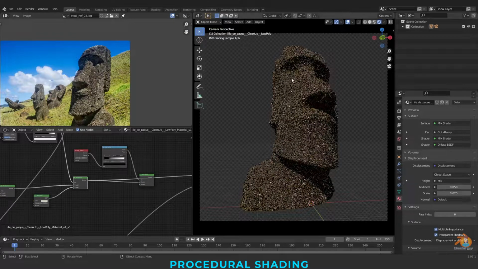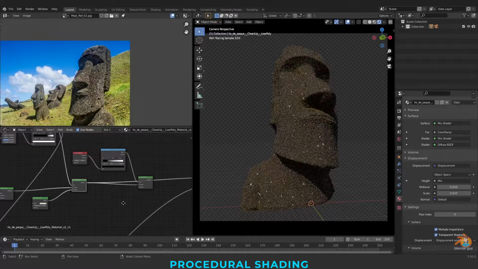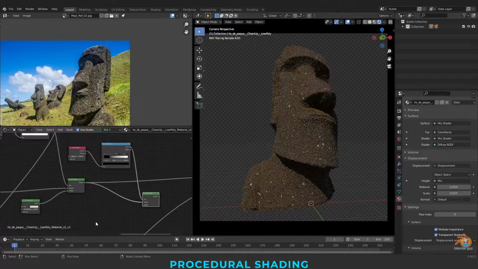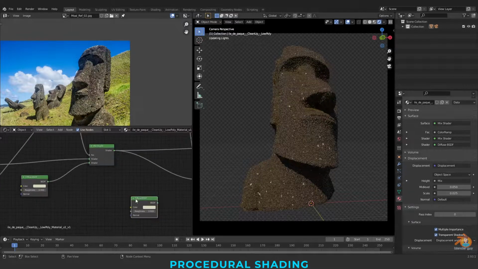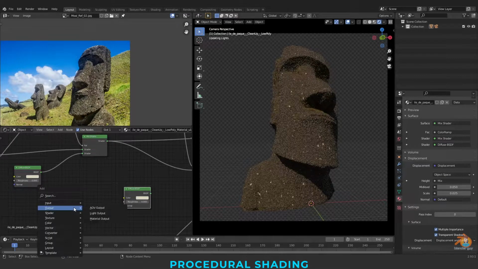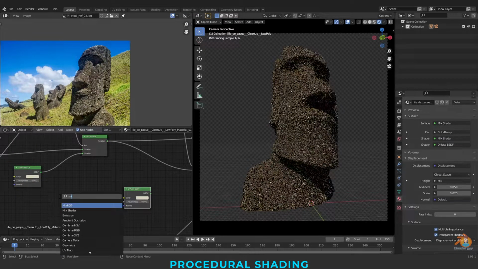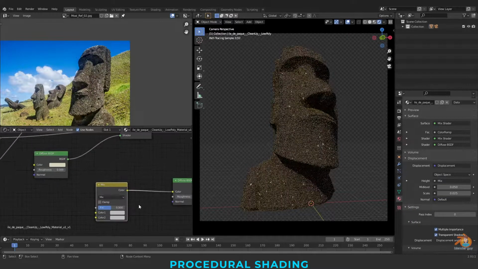So I think it's clear till here. Now I'm copying and pasting this here, diffuse, and taking mix RGB, connecting this to here.